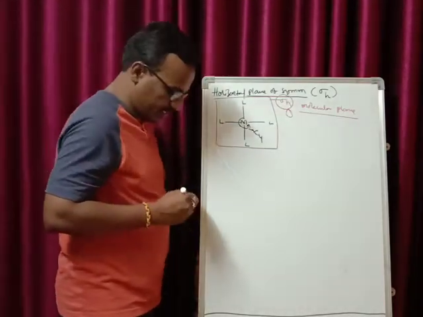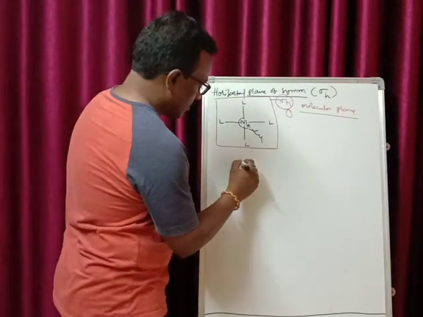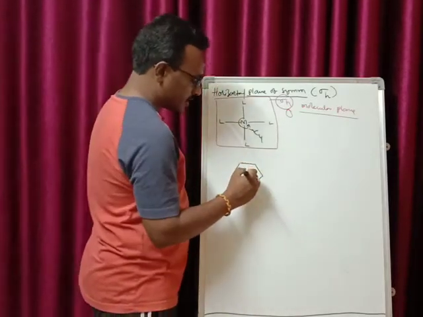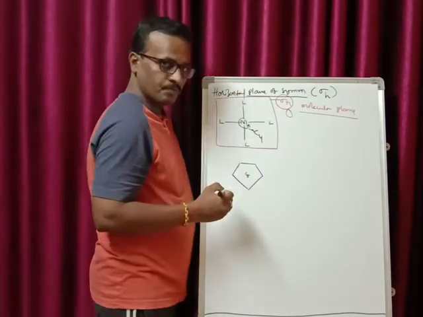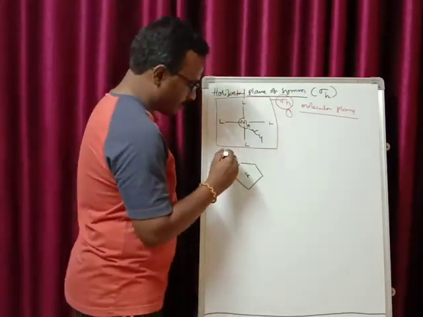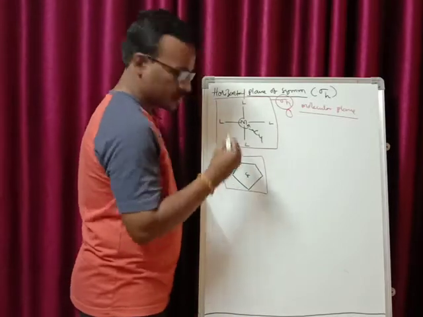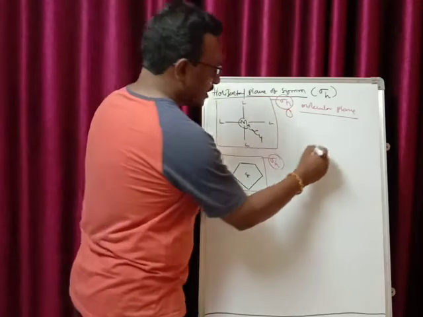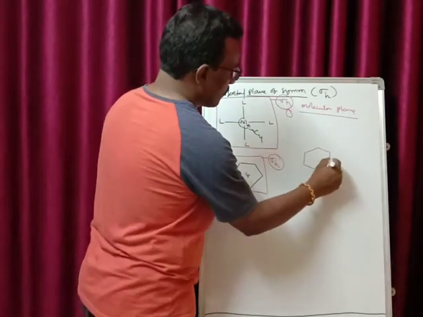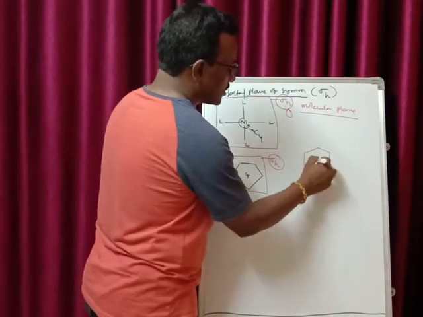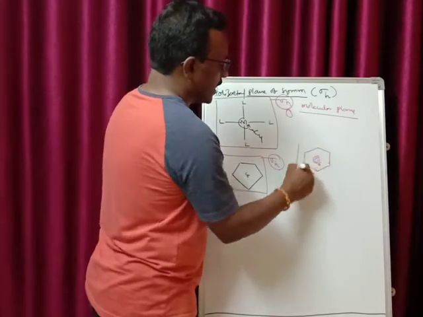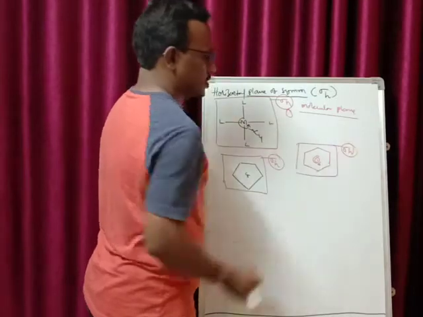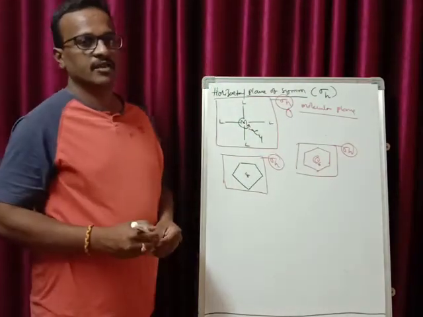Similarly, if you go for the other example, that is cyclopentane, here also the principal rotational axis of symmetry passes through the center, and if I bisect the molecule like this, there is a horizontal plane of symmetry which gives you sigma h. Same in the case of your benzene molecule, where the principal rotational axis of symmetry is C6, and if you bisect the molecule like this, you have the sigma h.